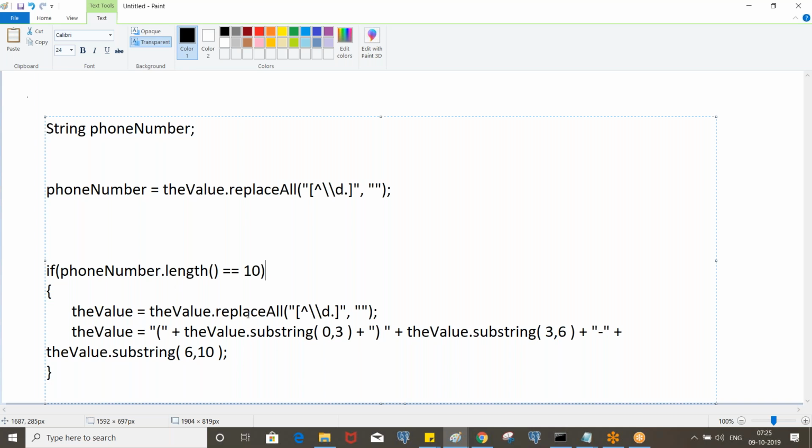I'll give you this code. For phone number validation you can use US phone, and it has to be converted to this format.